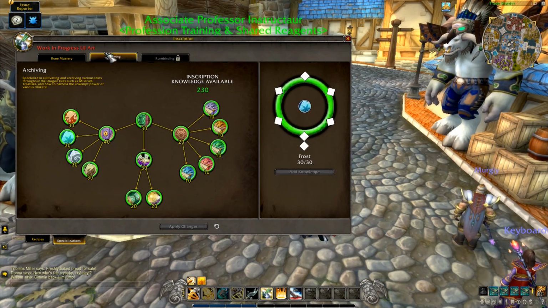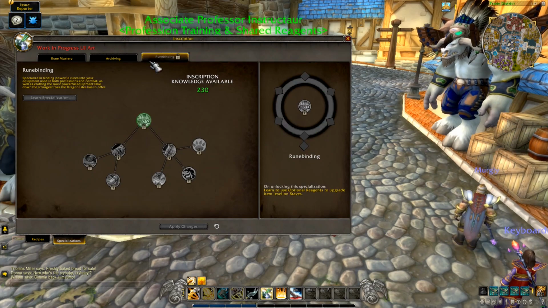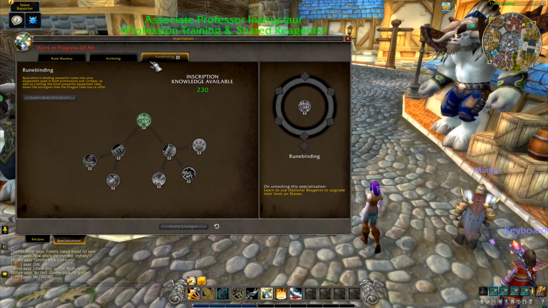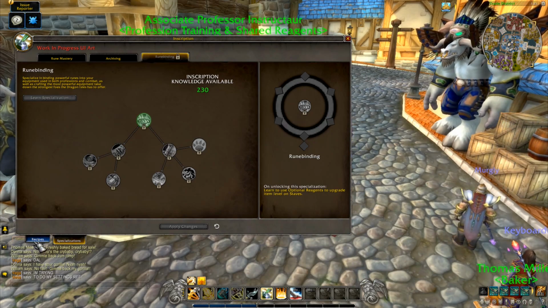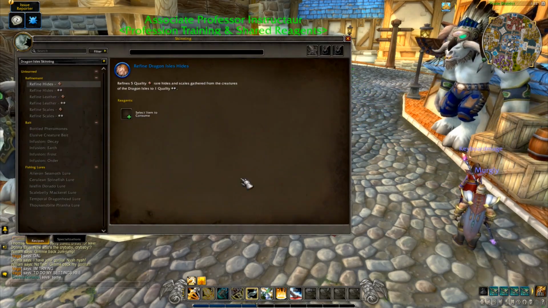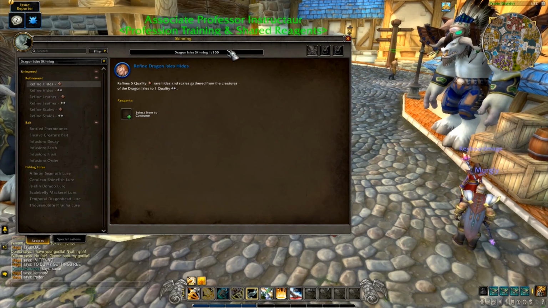This is a good step in the right direction. I like where they're going with this, with the Rune Mastery, the archiving, the rune binding. This is looking good. It just does feel a teeny bit boring compared to others, but what else could you do with it? It gets a little difficult, it gets a little dicey. So I like the look of this. So that is Inscription. We're going to go ahead and jump into Skinning, which I did not level